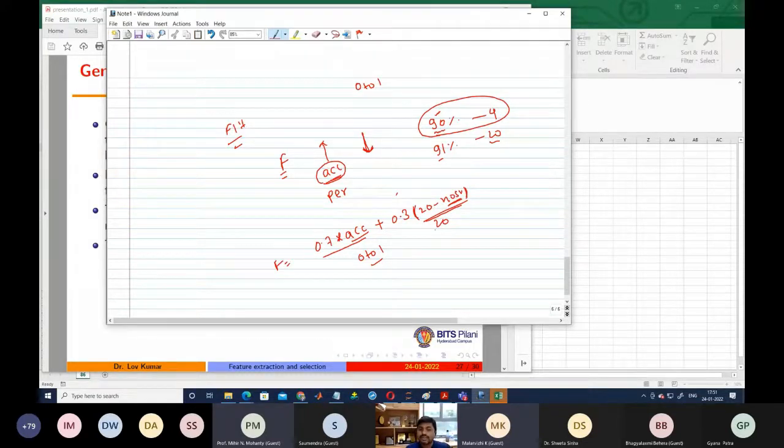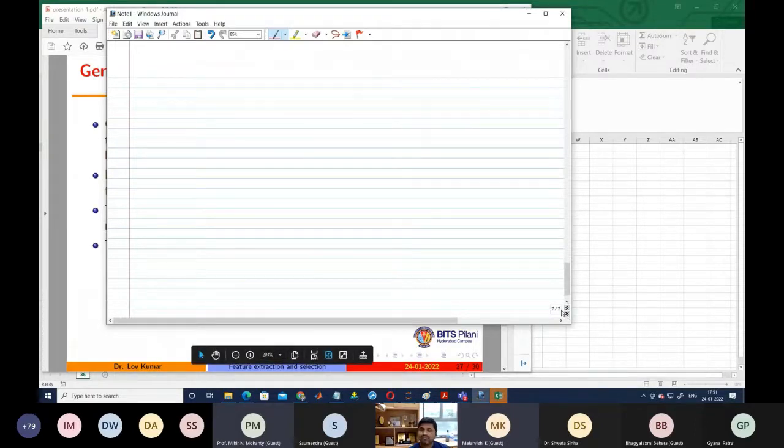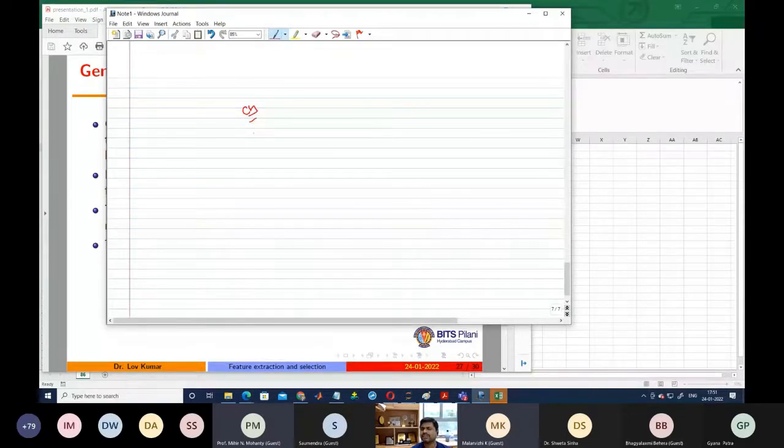How to define the fitness value? We are giving 70% weightage to the accuracy, and the rest 30% weightage we are giving to the number of selected features. So how many features we are taking? In the case of genetic algorithm, there are three different approaches. The first one, we are taking the chromosome, that is a collection of genes. Second one, we are taking as crossover, and third one, we are taking as mutation. Okay, there are three different approaches out there.